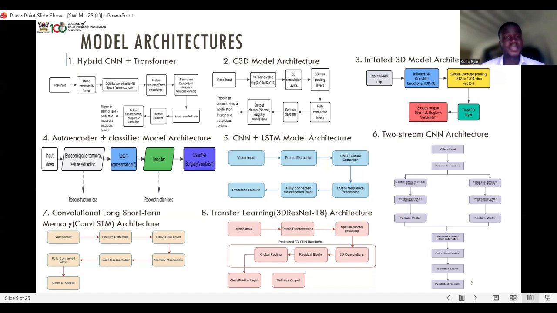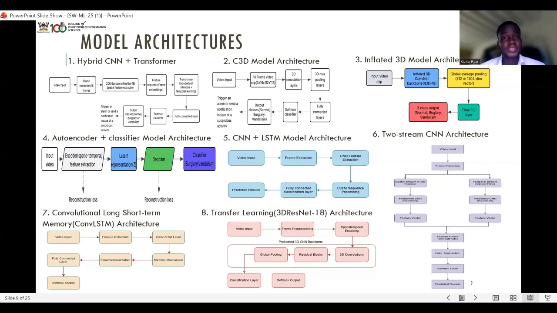To begin with, we had a hybrid CNN plus transformer, and this takes in the input video and extracts frames from it. These frames are passed through the CNN backbone to extract features from each of the frames to generate a feature sequence that is then passed to the transformer encoder that carries on with the temporal learning. The results of that are passed through a fully connected layer so that the information can be classified to give an output of the classes.